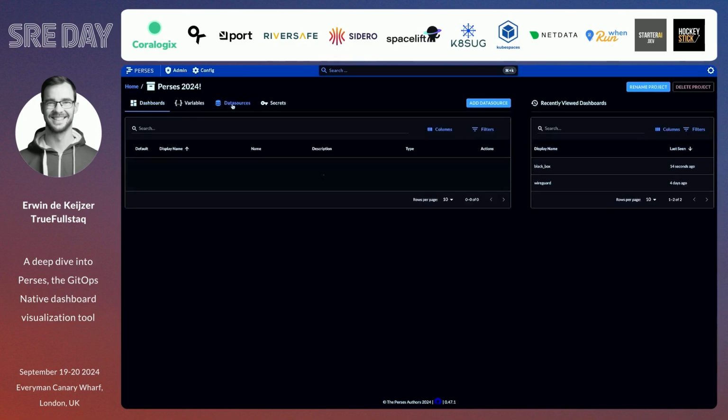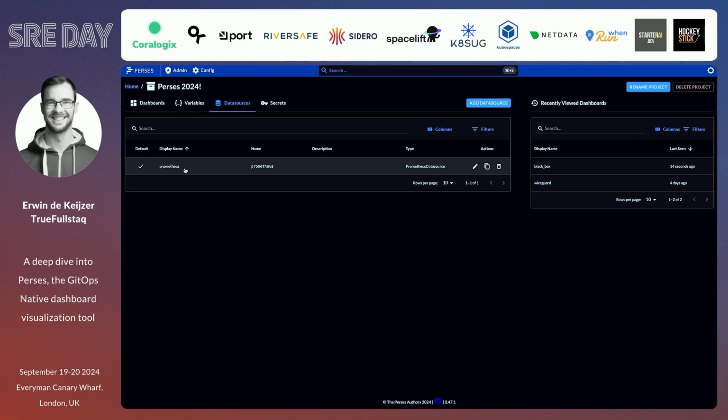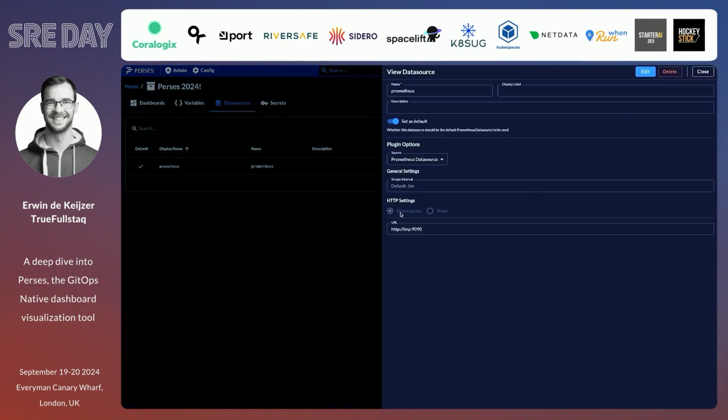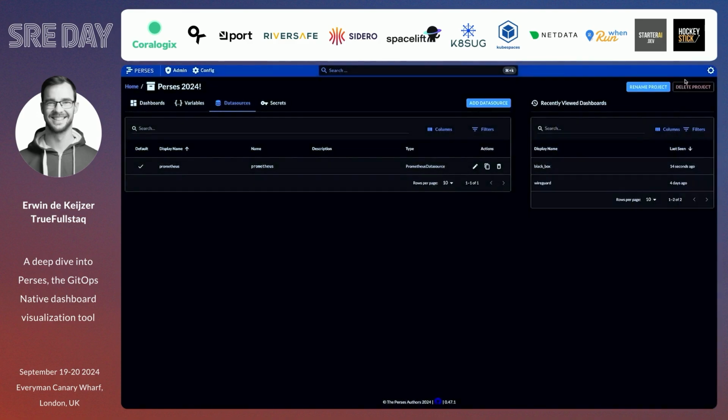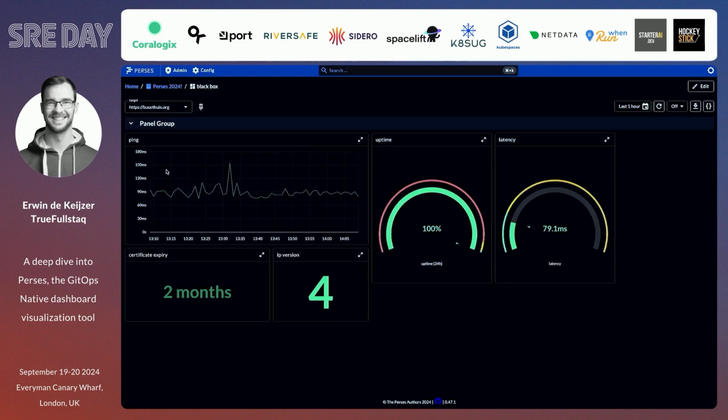And you can also see this data source was created, and this one is accessed by my browser itself. And as you can see, you can also define variables, and they are automatically loaded with the value from Prometheus. You have gauge charts, you have simple stat charts, and